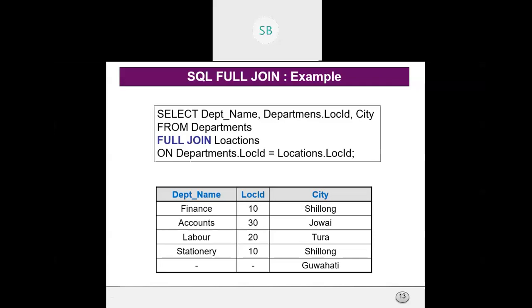So what you people need to do is create these two tables and insert these values. You can enter the same values, or if you want you can try your own values also, and then implement these joins. Run these queries on your own and check whether it works or not.